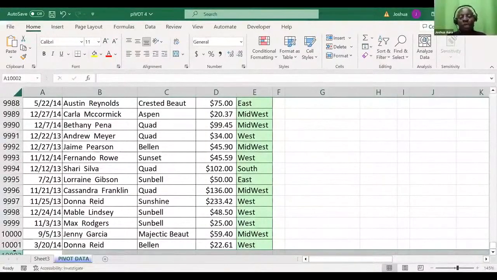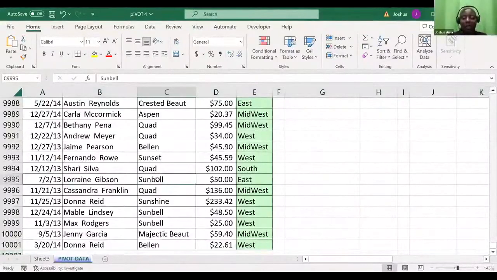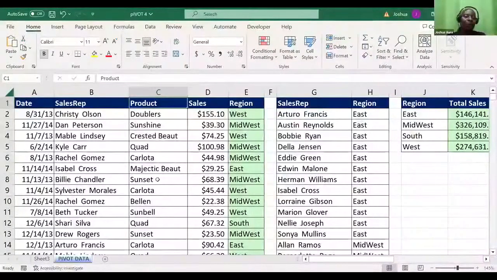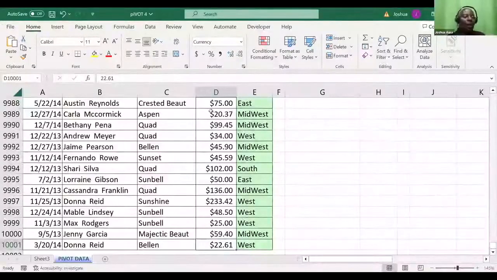How do we go to the last row? The shortcut of going to the last row. Listen, if for example I'm here and I say control up, it takes me to the beginning. If I want to go to the last row, so long as I've highlighted any cell, it can be anywhere. I'll hold on my control, and then use the navigational keys. I'm not going to release my control button, and then I'll say down arrow. When I say down arrow, I can see it has taken me to row number 10,001.